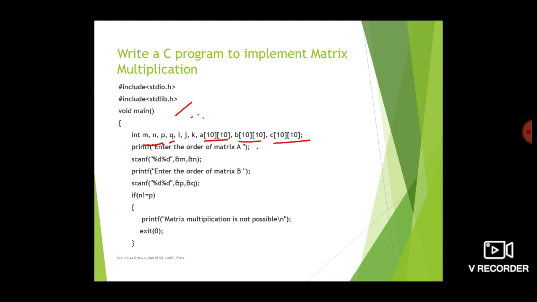So if you are writing exit(0) in the program, we need to include the standard library header file. Once the statement gets executed, the program will be terminated because we cannot multiply the matrices. Otherwise, it means that the orders are compatible, so we can proceed with the multiplication.